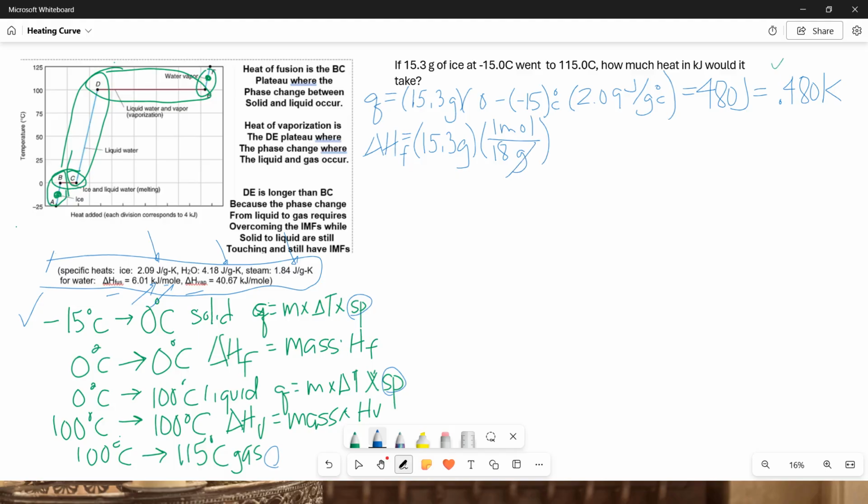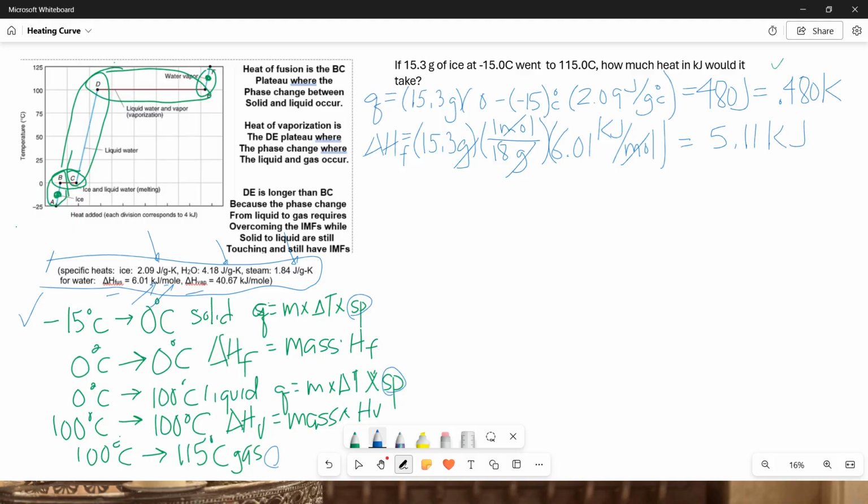So that will convert my mass into moles. And then my constant for ice, or heat of fusion, is going to be 6.101 kilojoules per mole. And you can see the moles will also divide out right here. And then when I multiply across there, I'm going to get 5.11